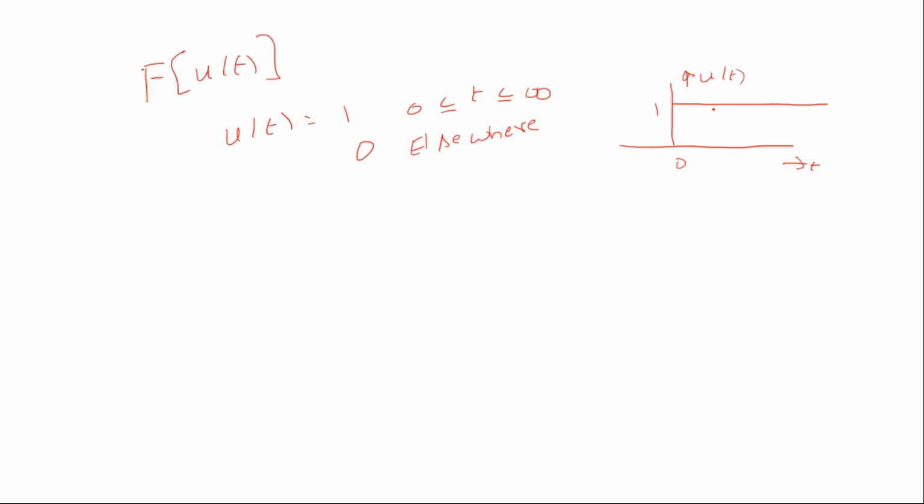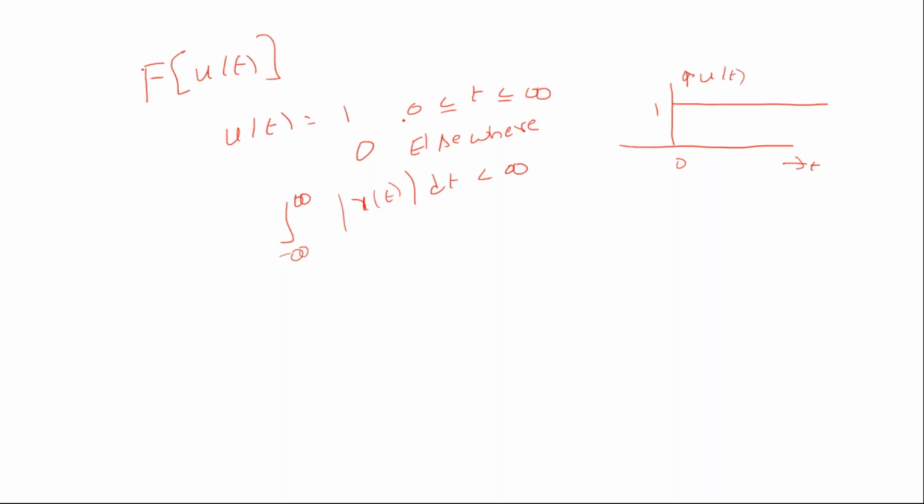Now for this waveform, you need to find the Fourier transform. But the problem is, if you check the condition for the Fourier transform, the convergence condition, when it is satisfying the condition for convergence, you need to write integral from minus infinity to plus infinity of modulus of x of t dt should be less than infinity.